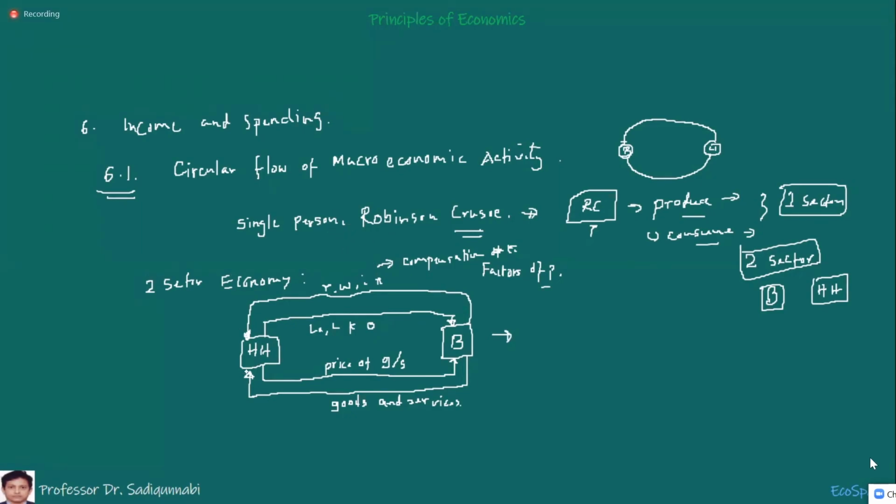This is the circular flow of macroeconomic activity in the two sector model. Now, the three sector model is when one more sector is included. Can you imagine what the third sector could be? Government. Thank you. Who said that? Yes. All right, so government could be the third sector.